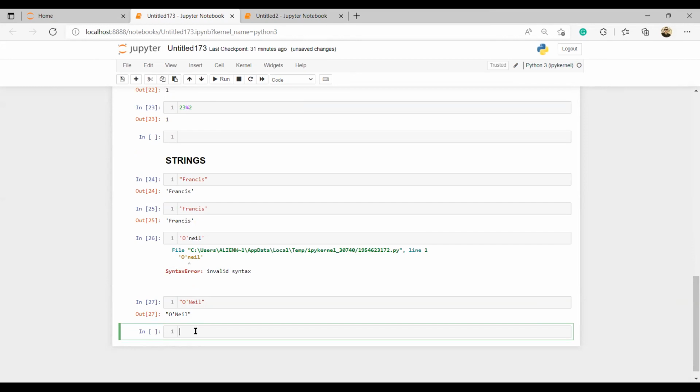I don't understand. What did you do differently? I used double quotation, and the first time you used single. Between the O and the Neill is a single quotation. Yes, single. So this is a typical situation where you need double quotation. Are we clear? Yes, sir.